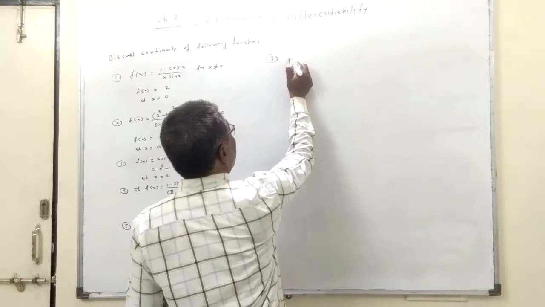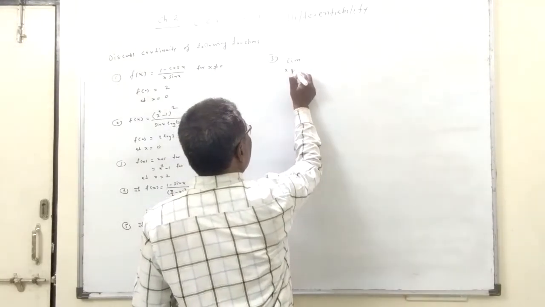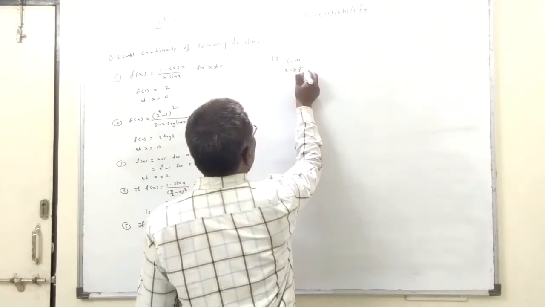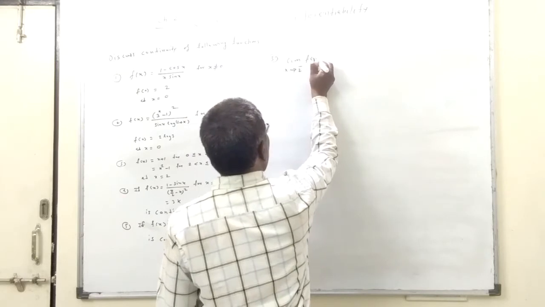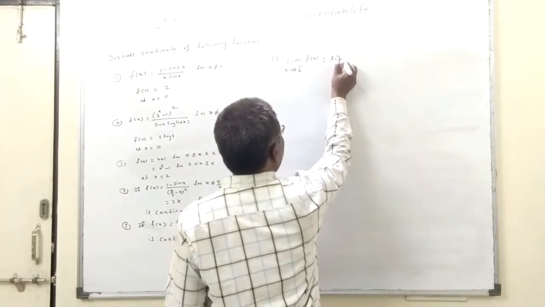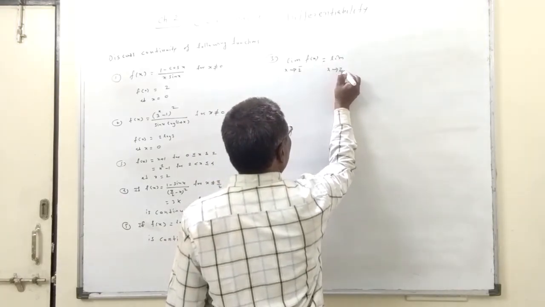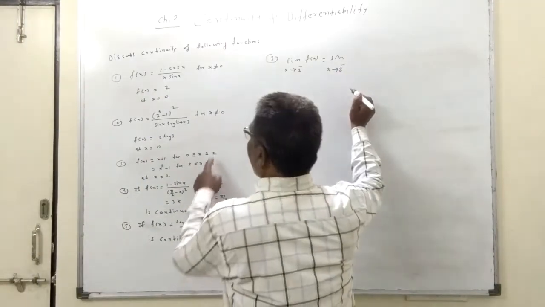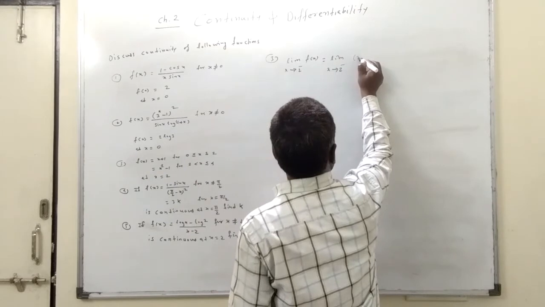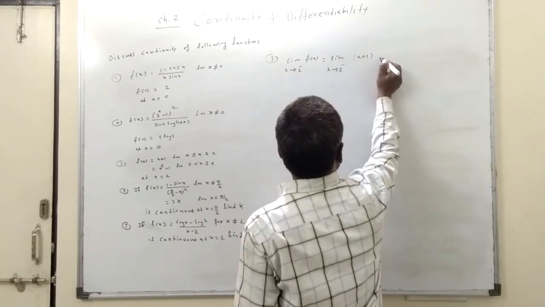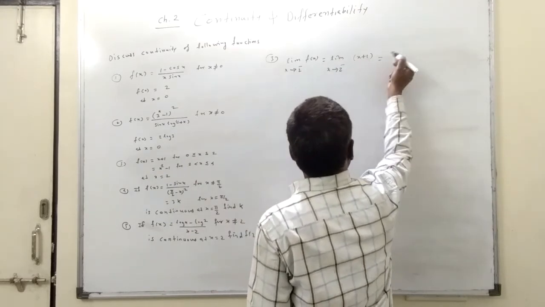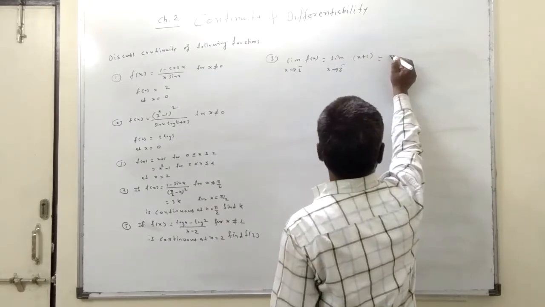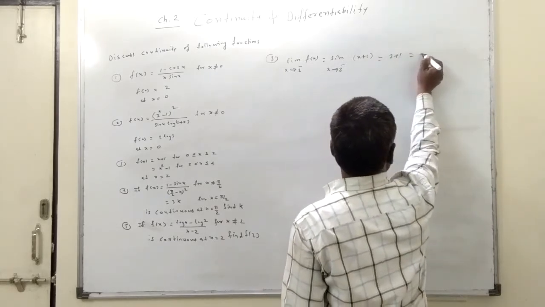So we will take the left hand limit. So limit x tends to 2 minus f of x, that is equal to limit x tends to 2 minus, 2 minus is x less than 2. So for x less than 2, function is x plus 1. So x plus 1. So that is equal to, here for an algebraic function the direct method is applicable. So 2 plus 1. So that is equal to 3.